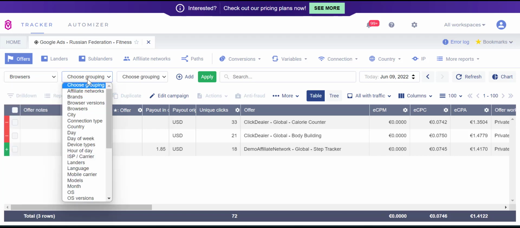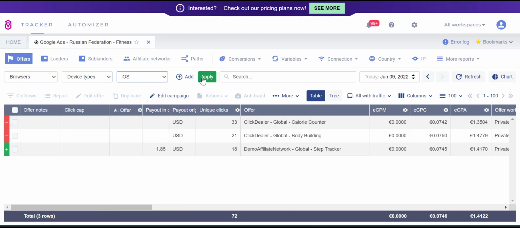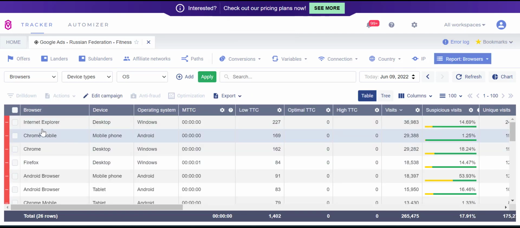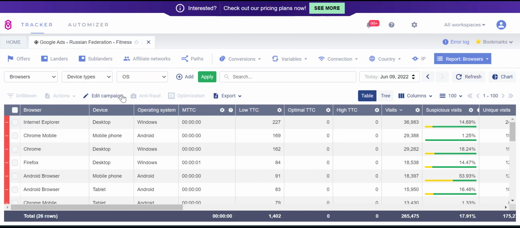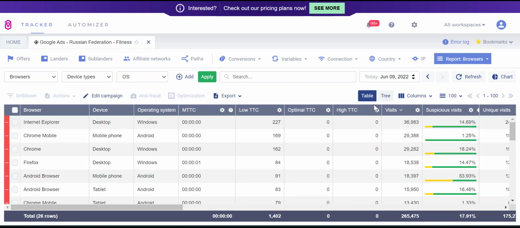So browsers and maybe device type, and here we can select operating system. So we hit apply, and this 3-dimensional report will load right here. And you can check all the information for these 3 dimensions right in the same dashboard. This is a table view, but if you select tree view,